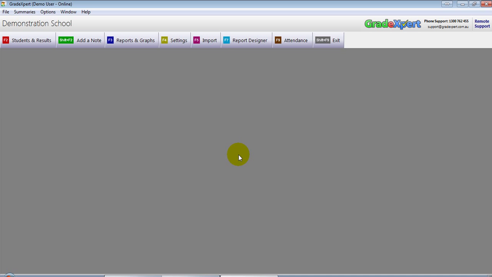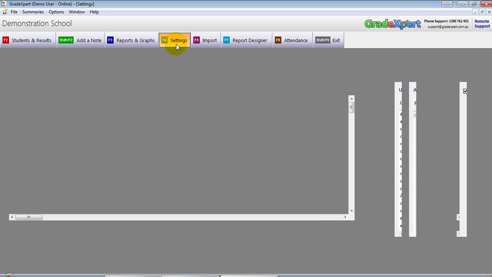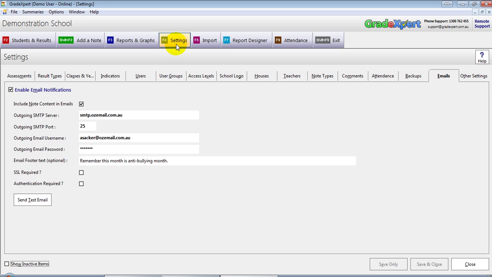To send emails of notes in GradeXpert, you first need to make sure that your email server settings have been set up correctly. In the settings screen in GradeXpert, move to the emails tab, and at this point you want to tick enable email notification,